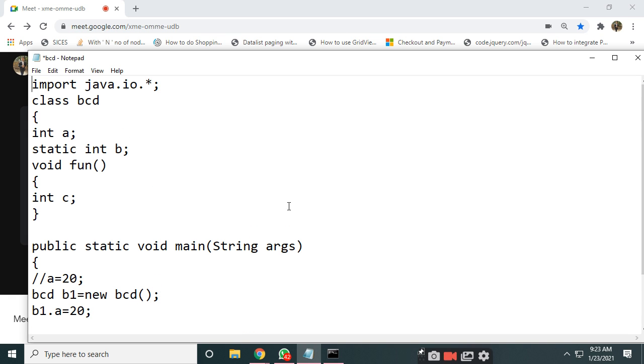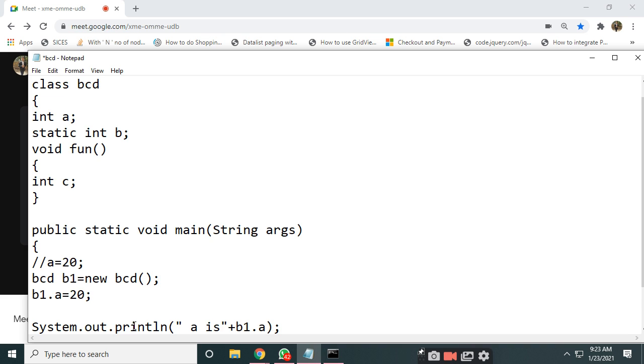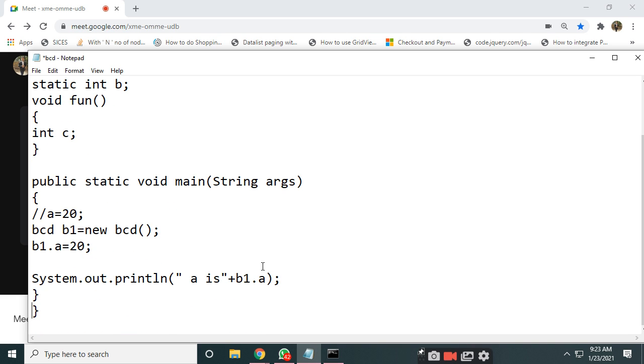So variables which are declared inside the class become the instance variables. They can be accessed only by creating the object of the class. We have created one object, b1 dot a is equal to 20. We have printed the value of that instance variable. So now we will try to save and run this program.